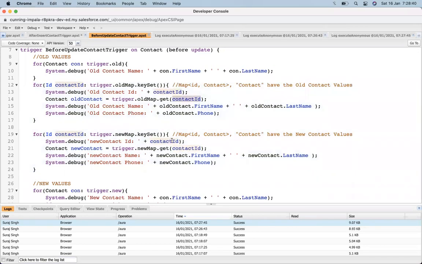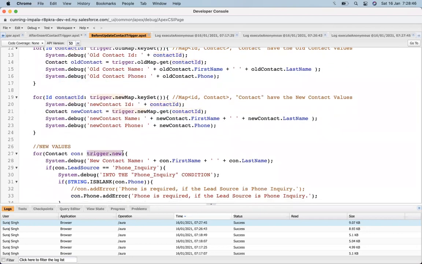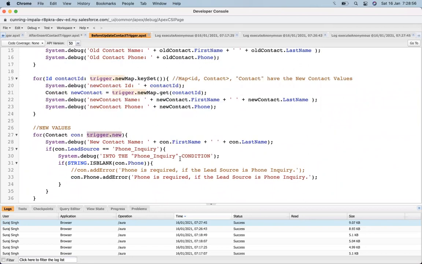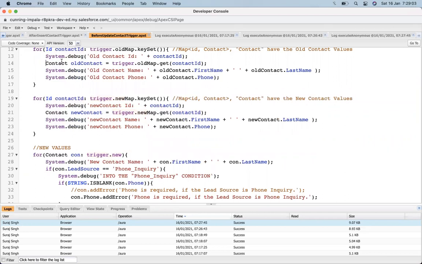On the basis of the ID of the record, we can get the old or new values. Since trigger.new already contains the list of new values, and in trigger.new we have the ID of the record, we can just use that ID to get the old value.